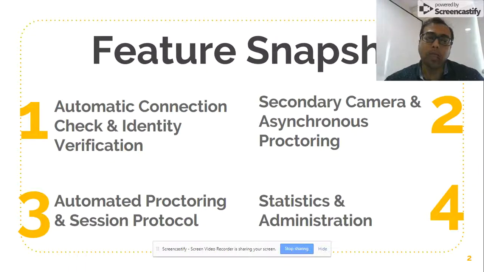Also, you as an administrator will be able to view the entire video based session protocol for up to 15 days post the SSE has taken the assessment. So the entire log file remains with you. You can really go through it wherever you want. And of course, there are reports, statistics, and administrative features